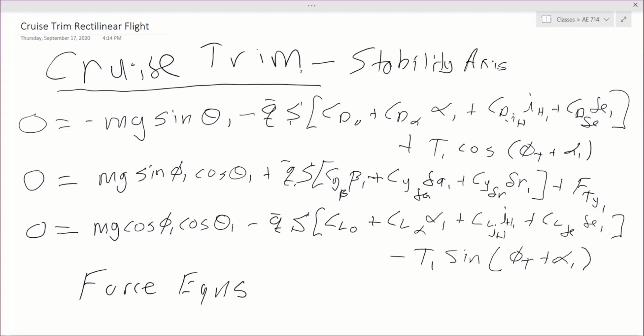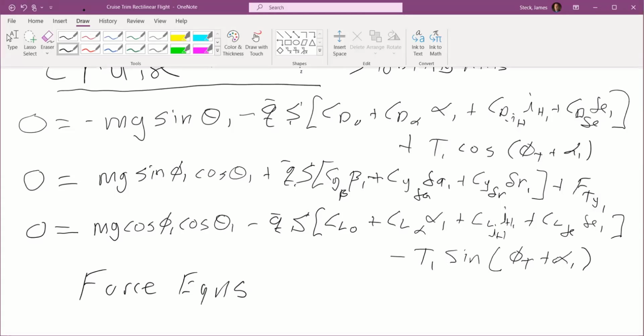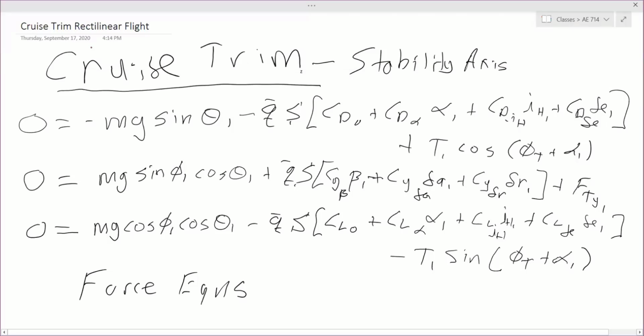All right, and while we're on this page, let's identify the unknowns. In other words, what are the parameters that we're going to have to solve for? So obviously we know mass, we know gravity, we know S, the wing area, and we know all the parameters like CD alpha, CDIH, CY beta. Those are all calculated based on the geometry of the airplane. But the unknowns in here